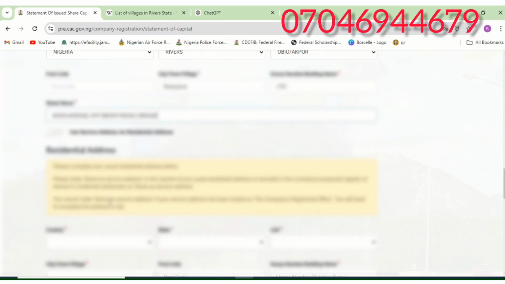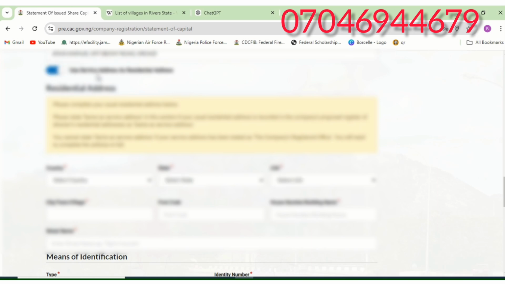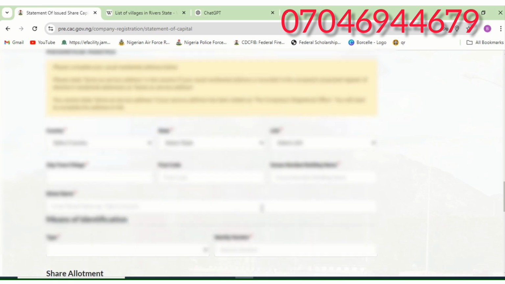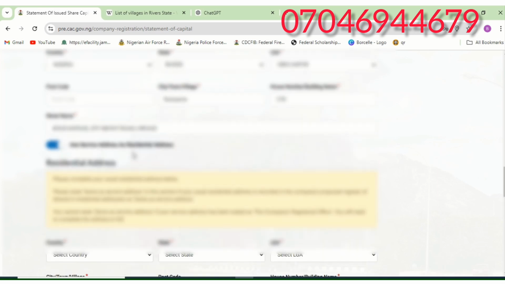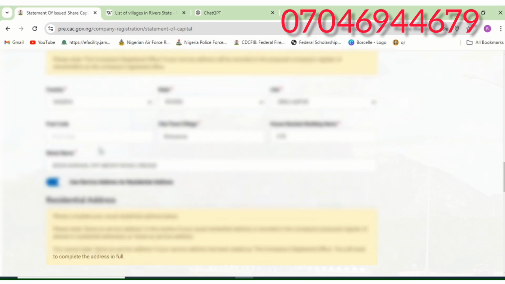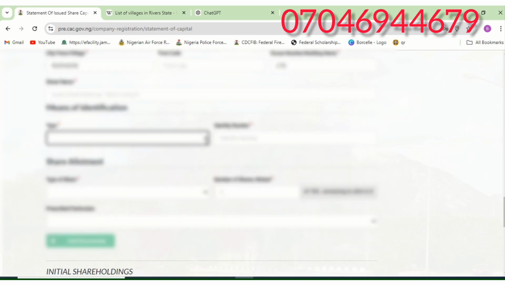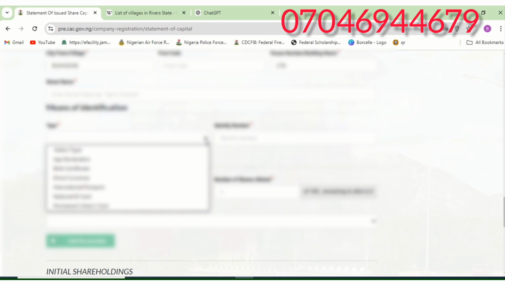After this, you can turn on use service address as residential address. But if the service address, that is the business address, is not the same as the residential address, you can go ahead and make the change. You can go ahead and fill in the correct address. Then the next thing